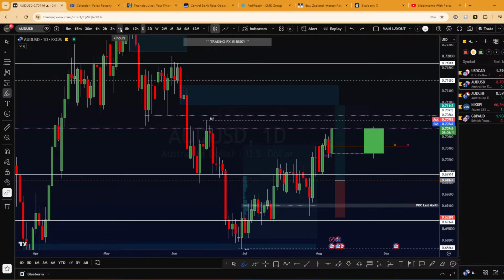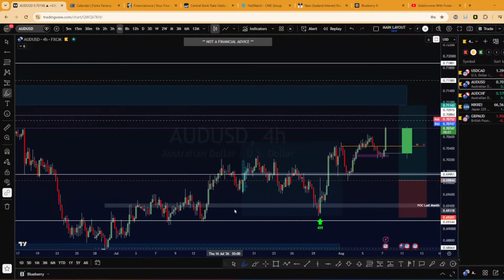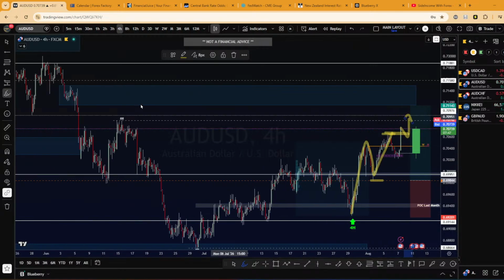So let's go on daily. On daily time frame, 4 hour, excuse me. This is the 4 hour time frame. So from this low to this high, we're currently breaking above. If we close above, we have 7 minutes left. If we close above this, a good sign that we could potentially continue. Next target will be this, at least. So we also have this level that we could potentially target soon.